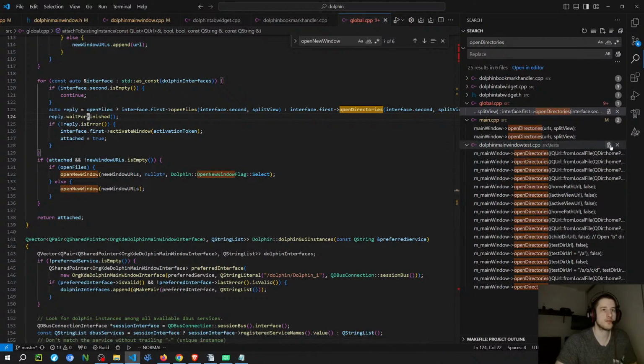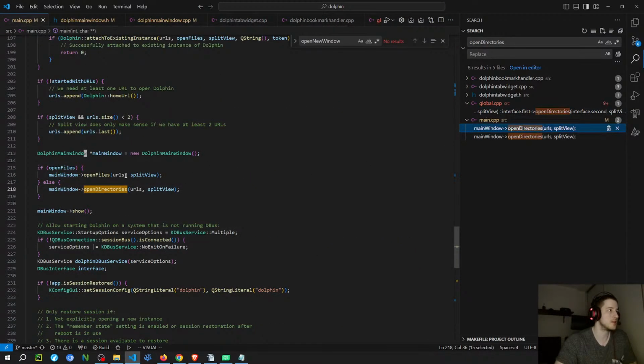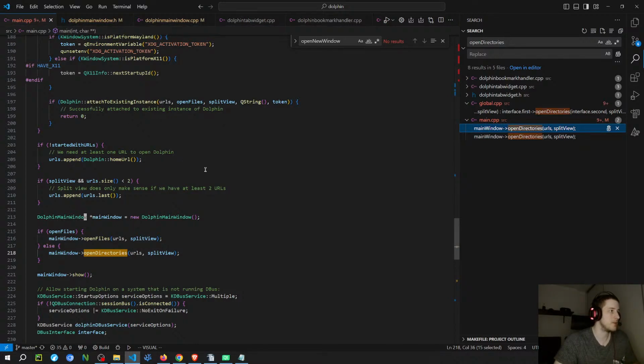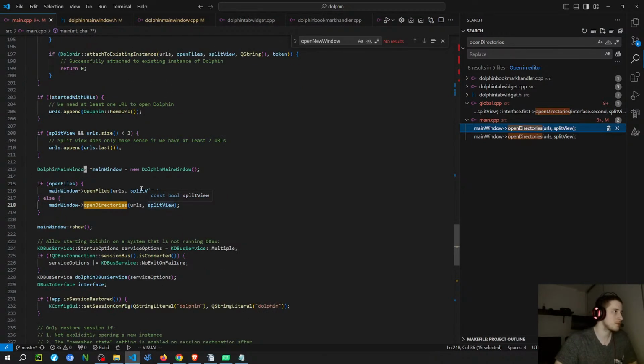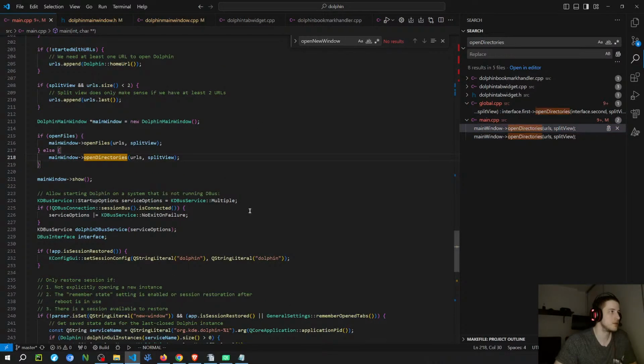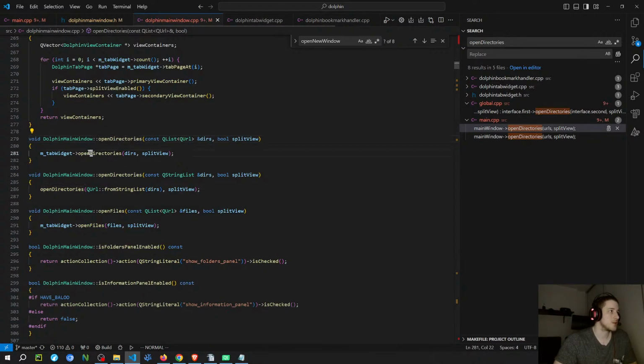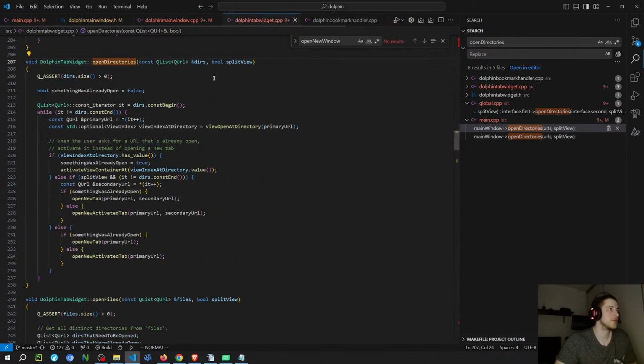That's not very interesting. So it looks like it's only these places. So it's in the beginning on the main application once. So probably what happens is that Plasma is going to initialize this process when you double click a folder from outside, which means it's going to run this main function here in the beginning, and then it's going to call open directories. So it should be the function that is responsible for loading the directories. So the situation that I'm thinking about is